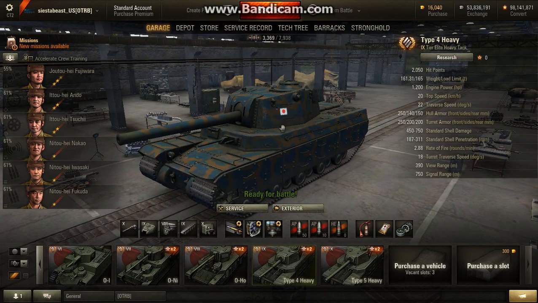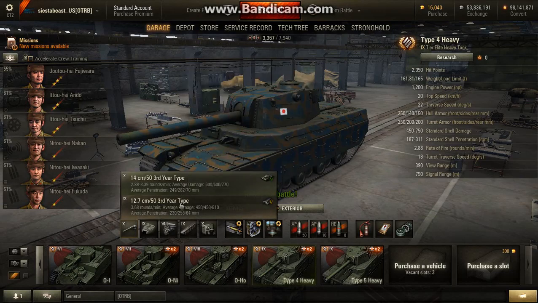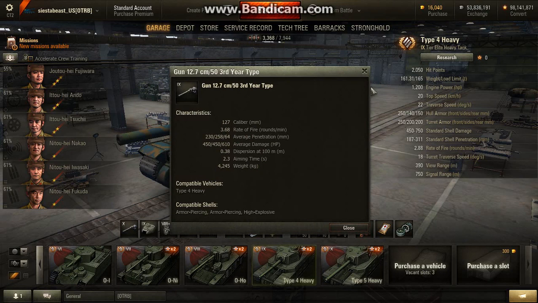And there's going to be tier 7 shooting at you. No, nothing can pen you. Maybe some tanksters, but other than that, the armor on this thing. The armor on this thing is amazing. Let's take a look at the gun. So your stock gun is not bad. 230 pen,